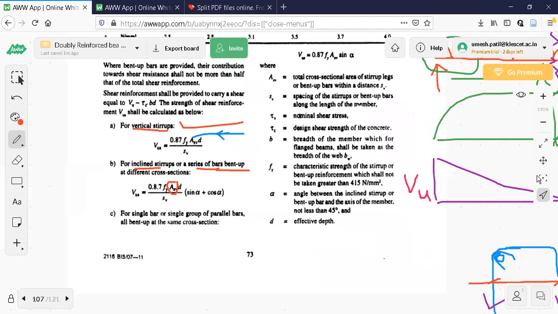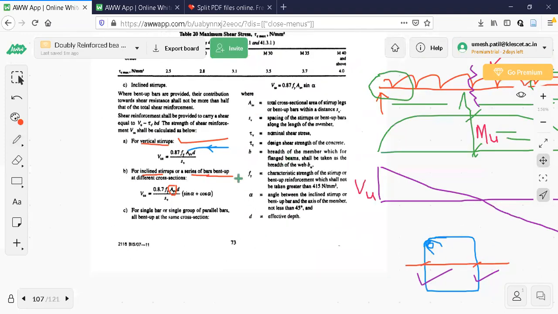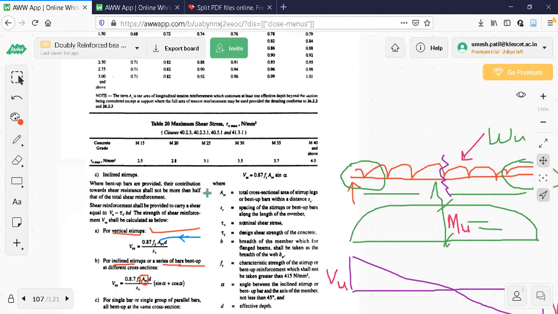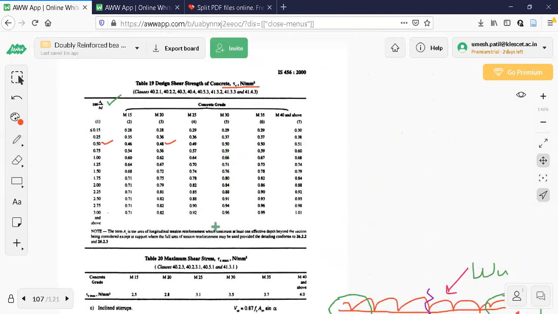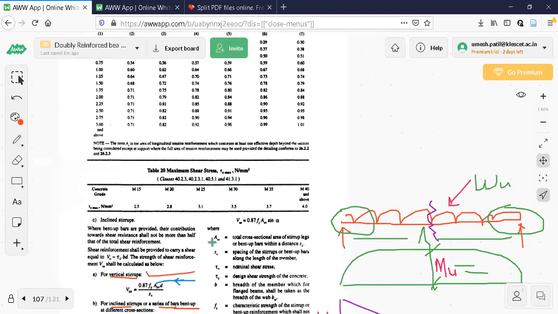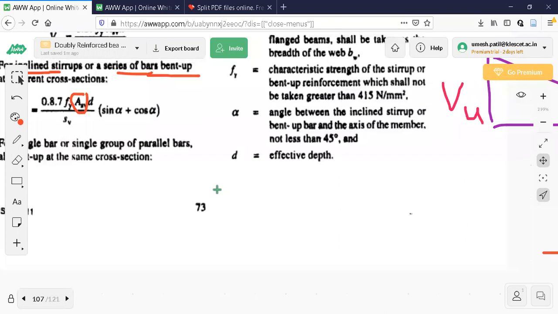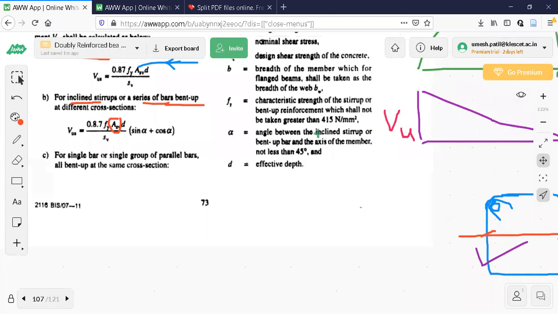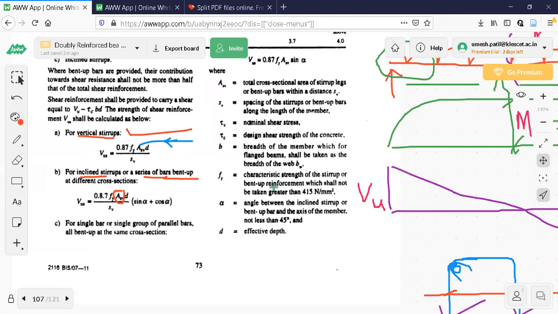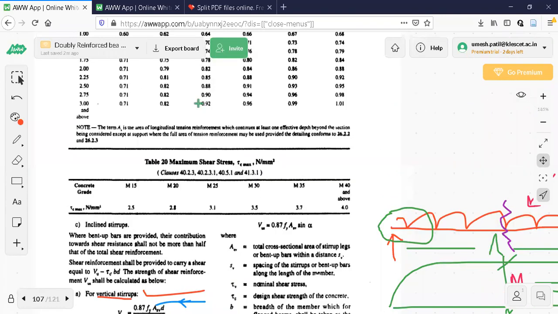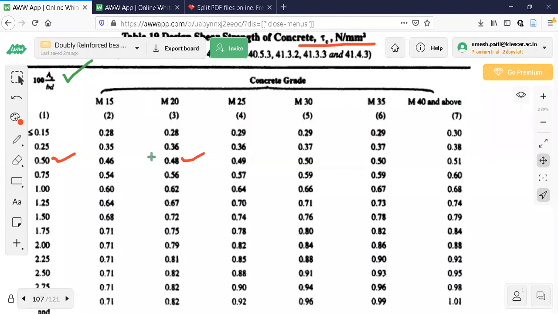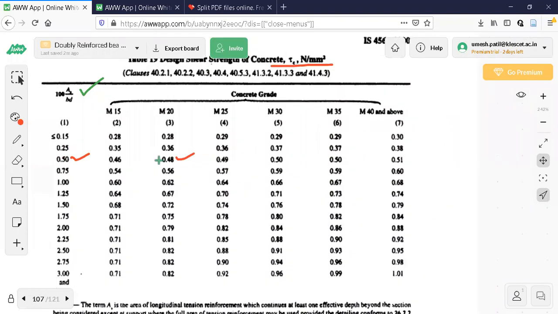So this is what is done. You can see the entire analysis of shear is carried out using just one page of the code book, page 73. If you know what is there on page number 73, you can easily solve a 10-marks problem in the exam. So you need to open page number 73 for shear analysis, shear capacity. Now I will just solve one problem. Observe here. Carefully observe this.